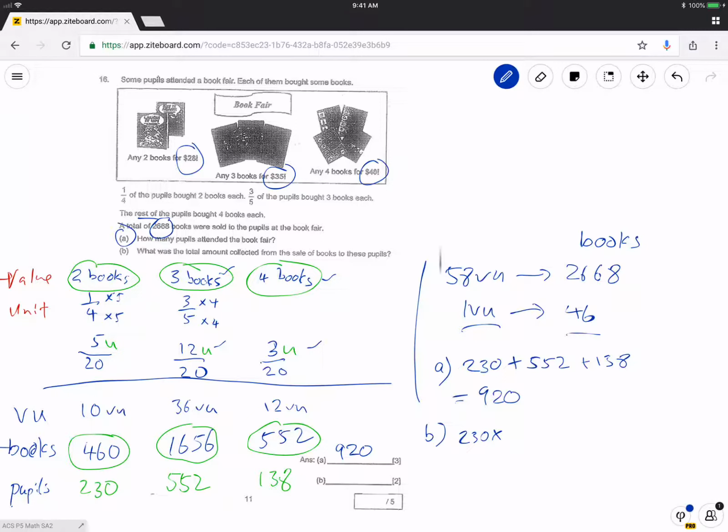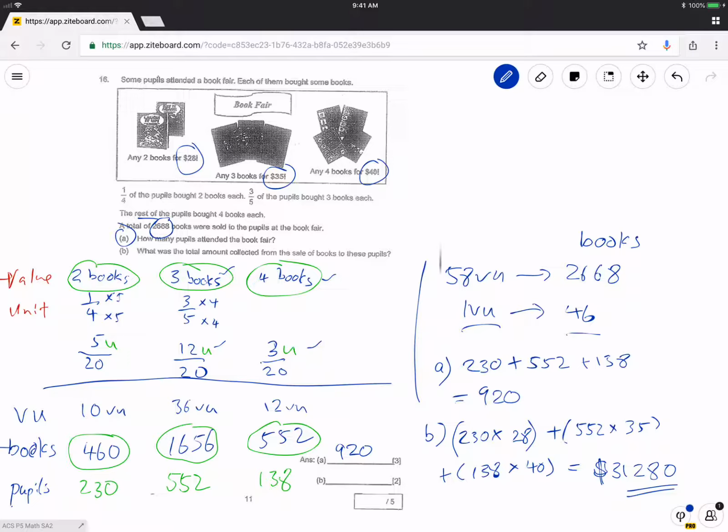So 230 times $28, plus 552 times $35, plus 138 times $40, and we will get